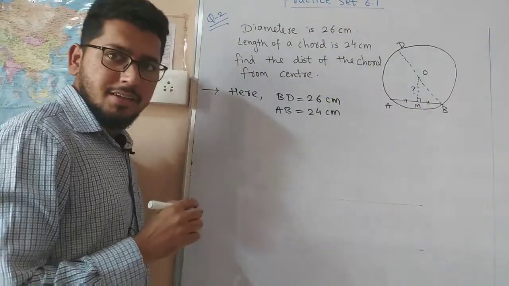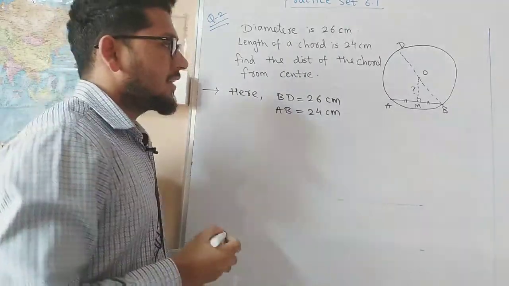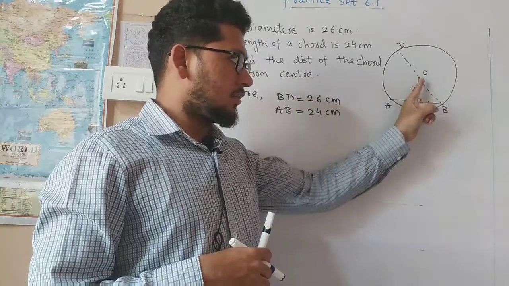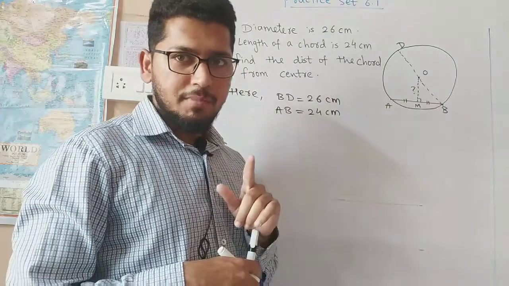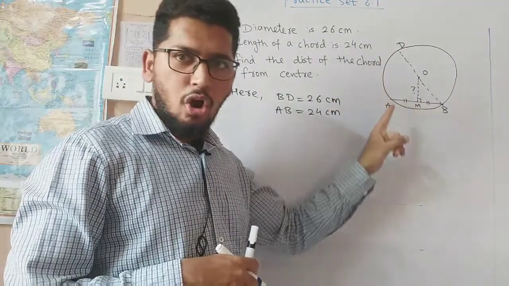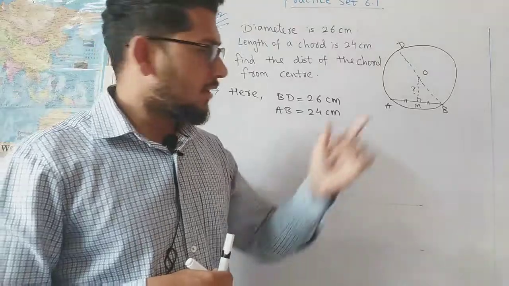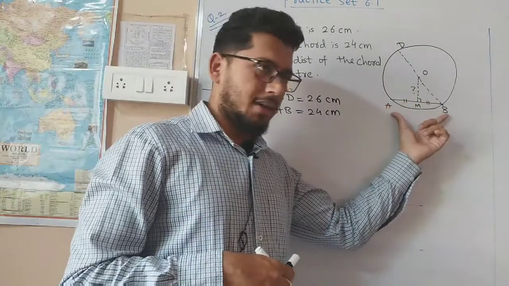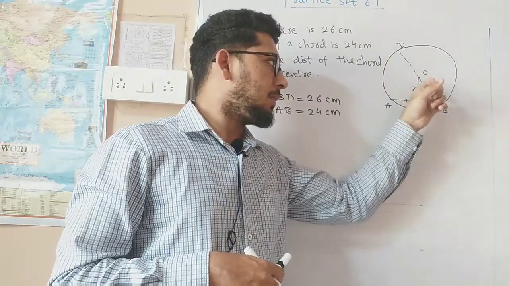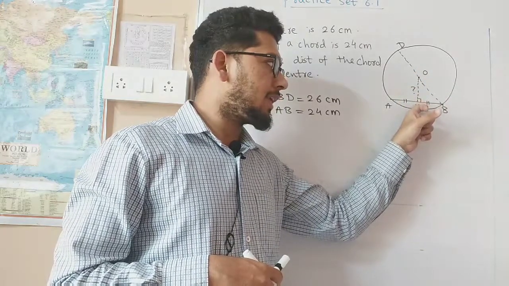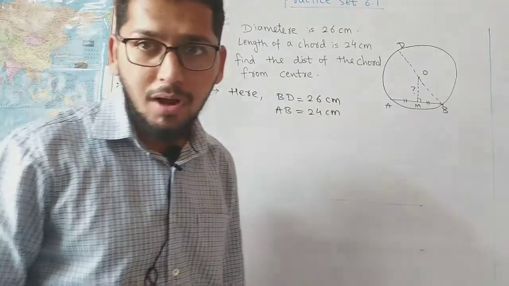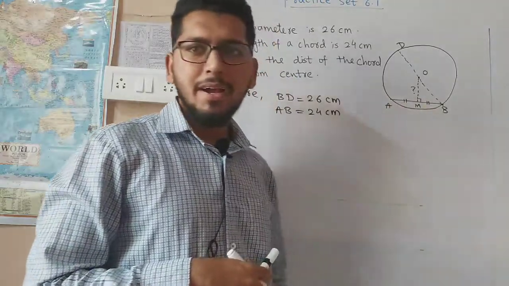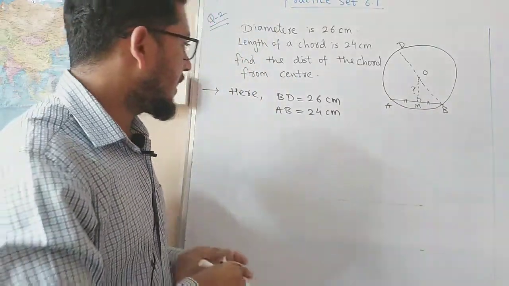Now we'll write the statement and theorem. Which theorem says? The theorem says that the distance from center to the chord bisects the chord. इसका मतलब होता है जो भी डिस्टेंस हम लोग सेंटर से कॉर्ड पर ड्रॉ करेंगे वो डिस्टेंस कॉर्ड को इक्वल पार्ट में डिवाइड करता है. अगर सेंटर O से मैंने कोई सेगमेंट ड्रॉ किया at point M पे, तो ये M, AB का मिड पॉइंट होगा. मिड पॉइंट मीन्स ये M पॉइंट AB को दो इक्वल पार्ट में डिवाइड करेगा. अभी AB का वैल्यू दिया हमारे पास 24.